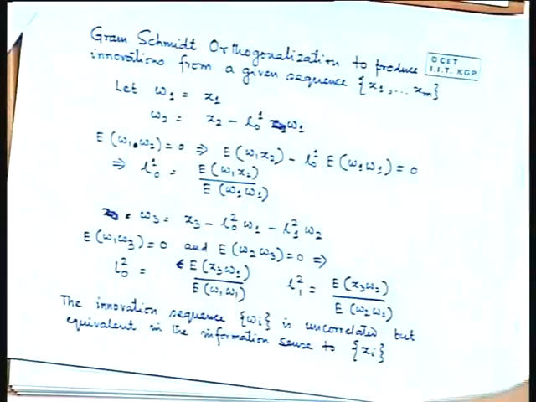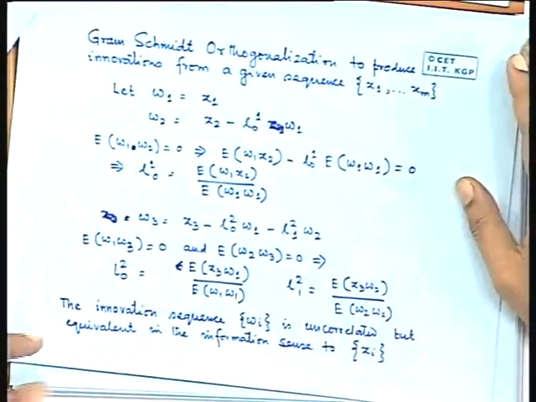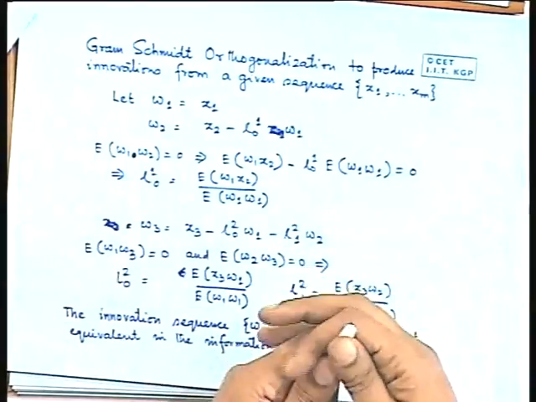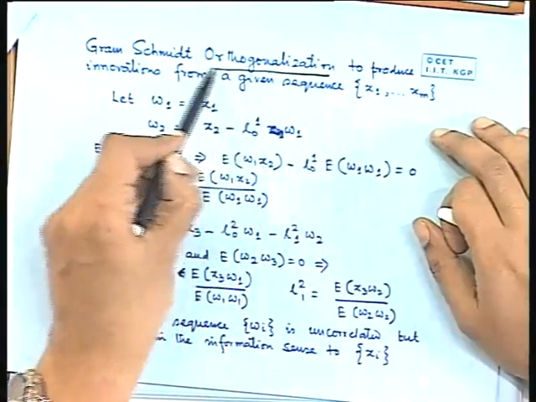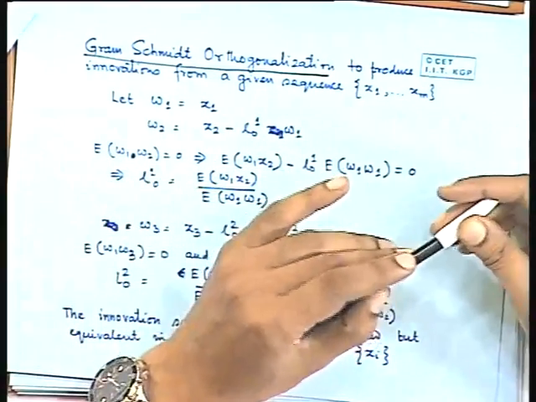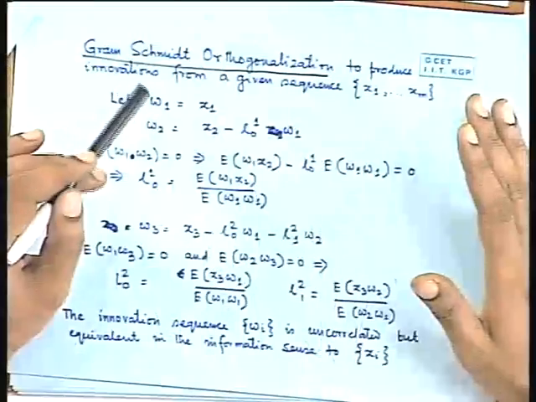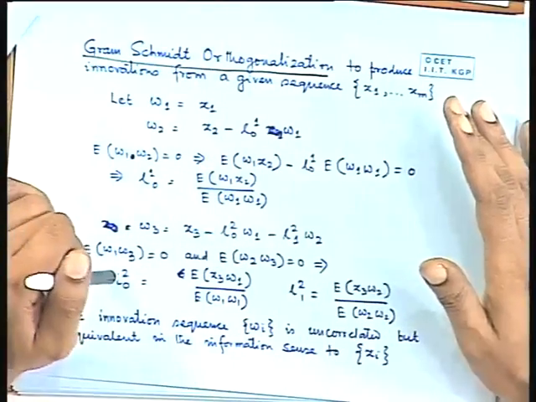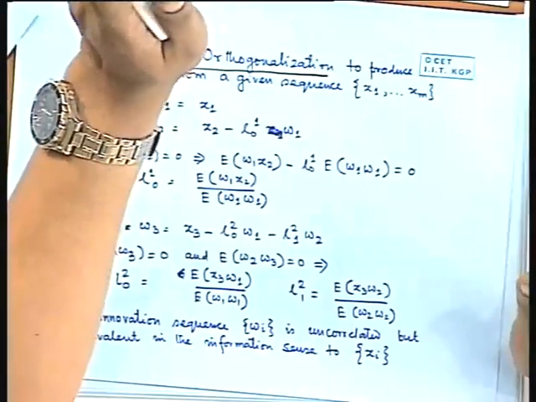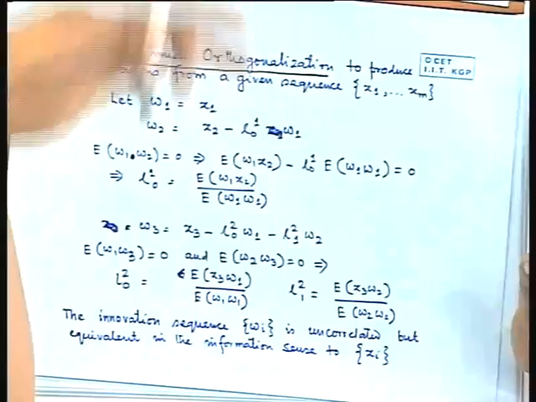So we will have, and this is just 1 minute. This is a standard mathematical procedure called Gram-Schmidt Orthogonalization. Don't worry, it has a very high sounding name. Okay, it merely tries to say that you can easily generate an innovation sequence just by simple